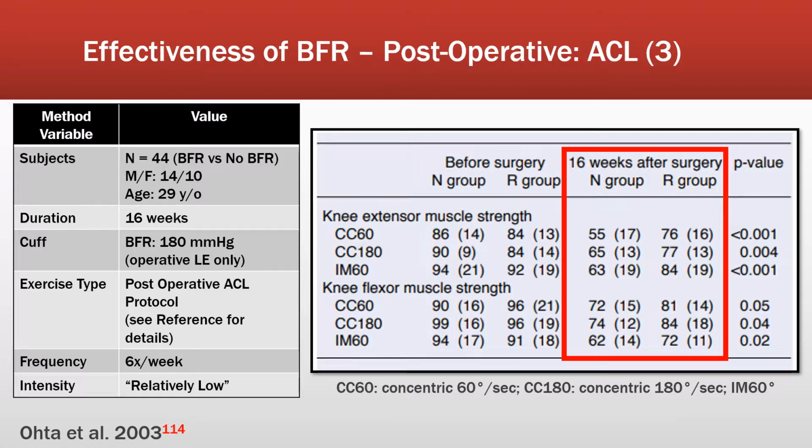The BFR cuffs were given to the individuals to take home. They were educated on how to properly apply it. The intensity was not specified, but it was stated as relatively low within the study. So if we're looking now, you see that red box within the outcome measure. You're looking now at their overall strength, and the CC represents the concentric 60 degrees per second,